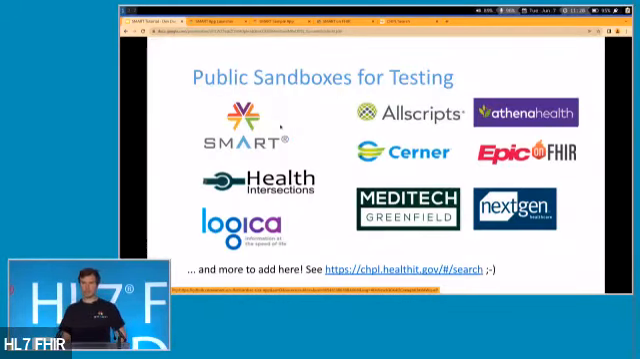Last thing I wanted to mention was public sandboxes for testing. We've got a couple, like I mentioned, the SMART Health IT Sandbox, and there are other kind of generic community-maintained sandboxes. Graham Grieve has one on the FHIR test server. There's an organization called Logica that maintains a sandbox. And then all of the EHR vendors that support SMART on FHIR have their own sandbox or testing environments. I've listed a few here that I'm familiar with, but really, if you go to the healthit.gov site,